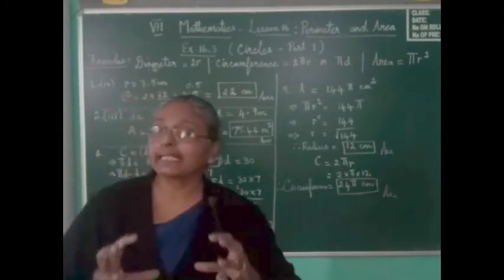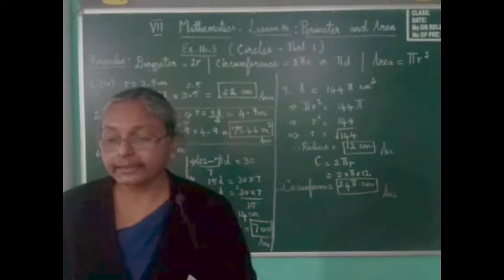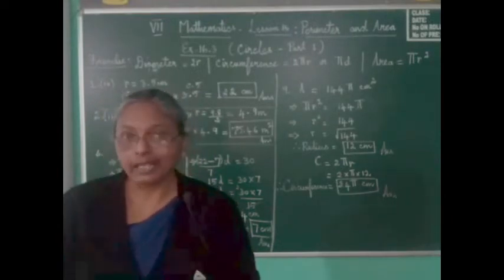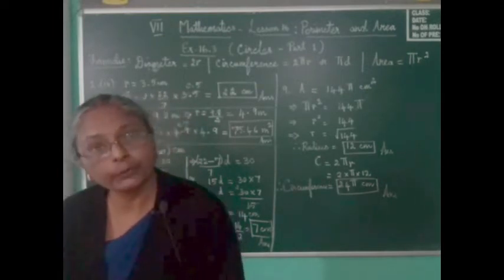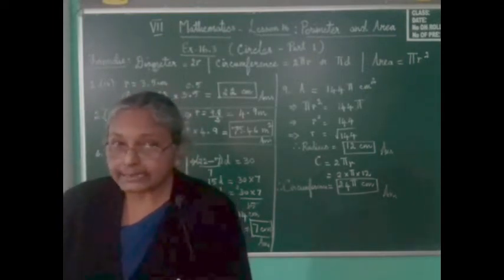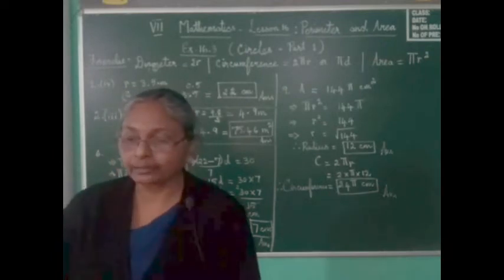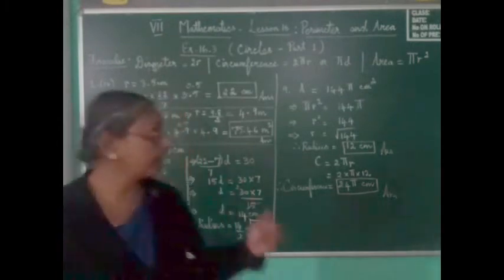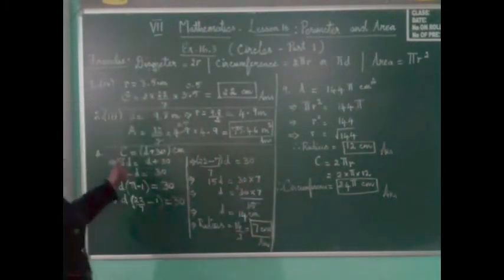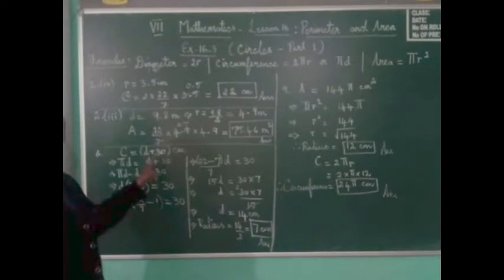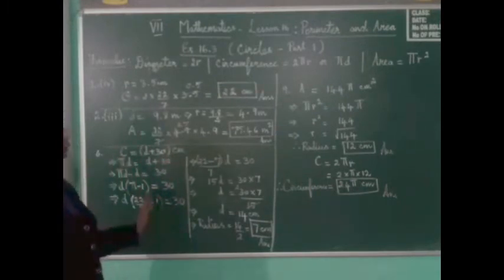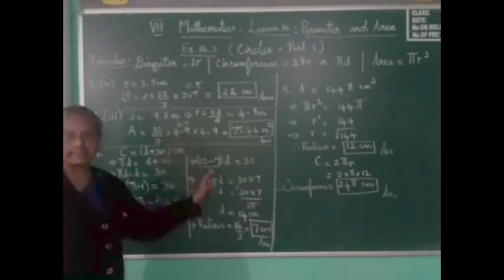First we need to understand what is given. What they are telling here is that the circumference of the circle is equal to the diameter with 30 added to that. Diameter plus 30, that is the circumference. So we can form a small equation. C is equal to D plus 30 centimeters. It is exceeding the diameter by 30.